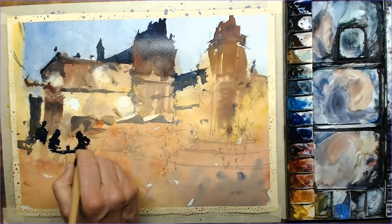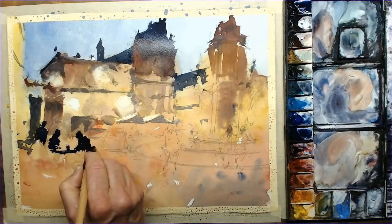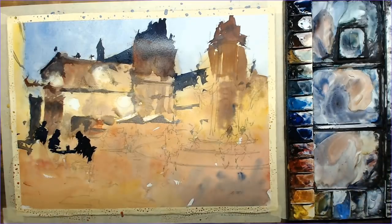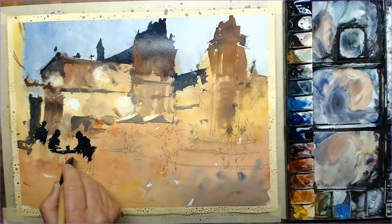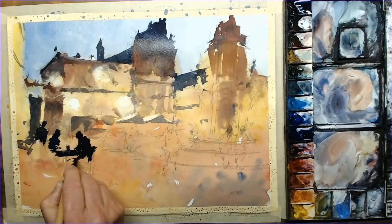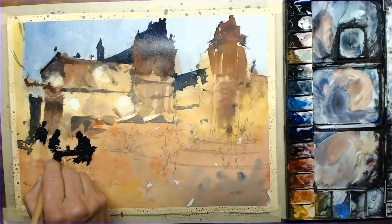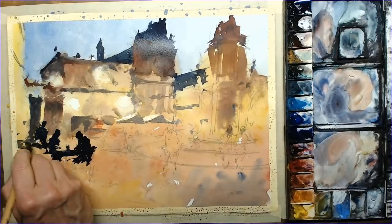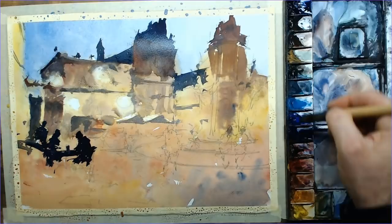So, another sat down figure, back of the chair. Doesn't matter if I leave out little gaps here and there. The first wash is showing through. It doesn't matter. It just hopefully adds to the charm of the freshness of it. And they could be little objects just catching the light, or as I'm doing now on the left hand side,